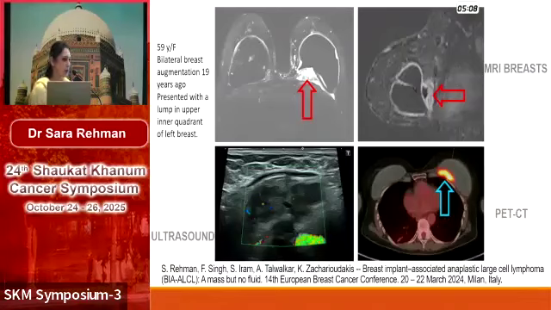So patients who have only peri-implant effusion are managed with bilateral implant removal with intact capsule removal and en bloc capsulectomy, with excellent prognosis. In other patients with advanced disease, such as this patient with a soft tissue mass, or with distant metastasis, they are initially managed with chemotherapy followed by implant removal. So this patient also underwent chemotherapy with complete radiological response, and afterwards surgery was done with bilateral capsulectomy with no